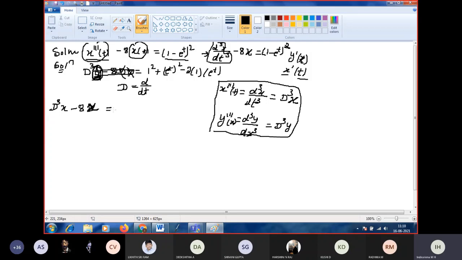So is equal to 1 plus e power t whole square. E power t whole square means e power t into e power t. So now the bases are same, add the powers. t plus t is 2t. So e power 2t. Okay. 1 plus e power 2t plus 2 into 1 is 2, 2 into e power t is 2 e power t. Did you clear this one? LHS?